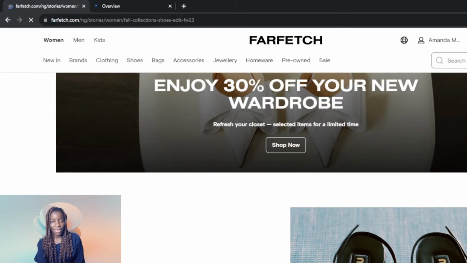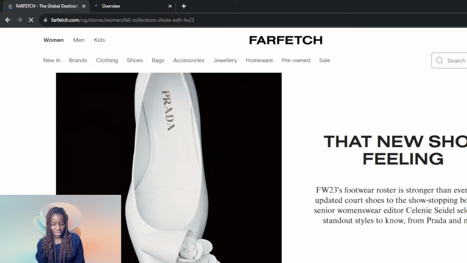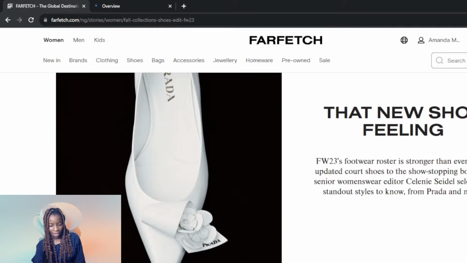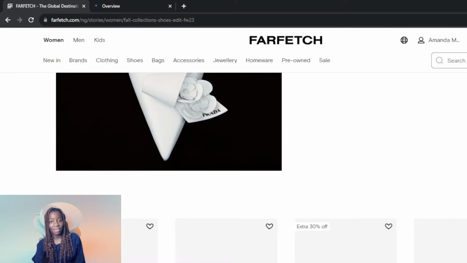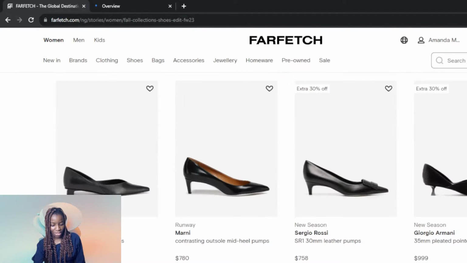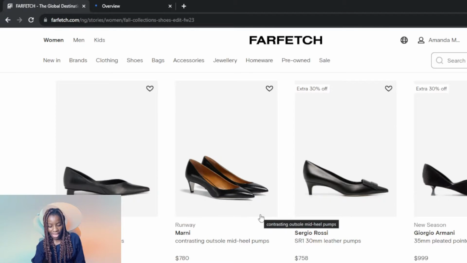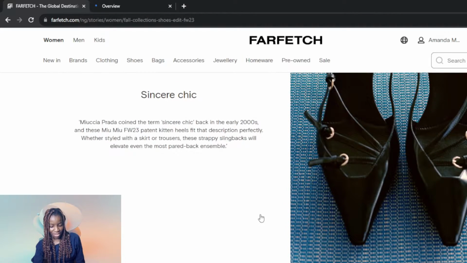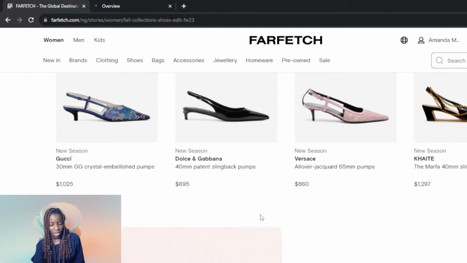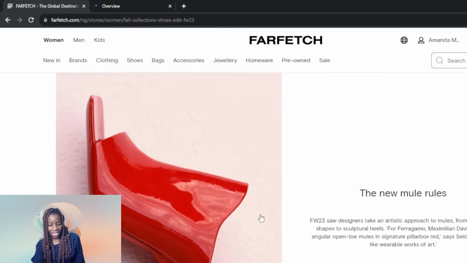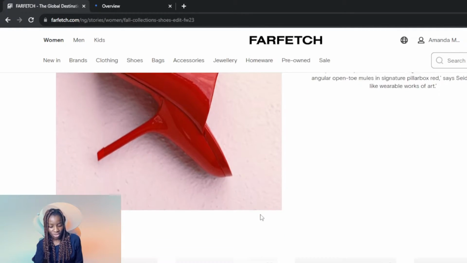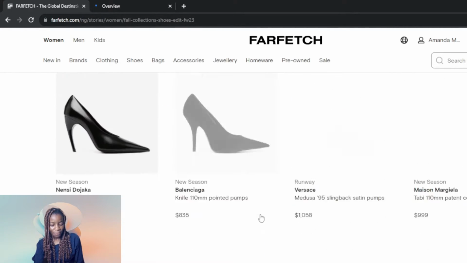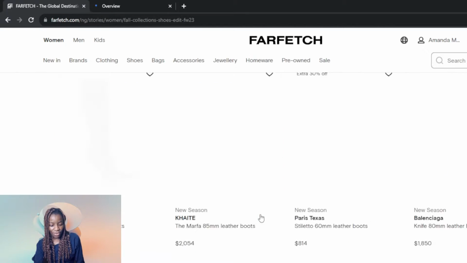Now you can go all the way down and you're definitely going to see samples of what you can buy on Farfetch. You see that new shoe feeling. I think I really like this shoe that is really showing on my screen. And just scroll down. Oh, these shoes. I love shoes. Okay, so just keep scrolling down and you're going to see a lot of items. Just a lot of items. And I don't even know that I really like shoes, and that's why they're just displaying shoes everywhere on the homepage. It actually makes me feel really good. So I'm just taking you down,